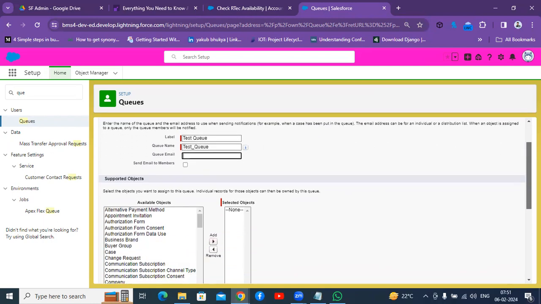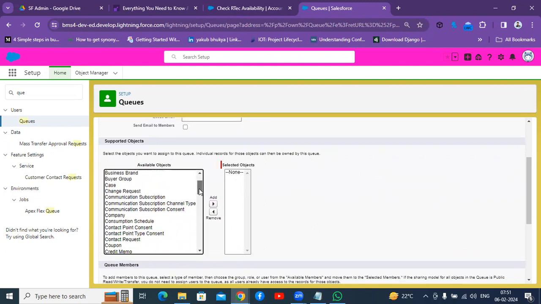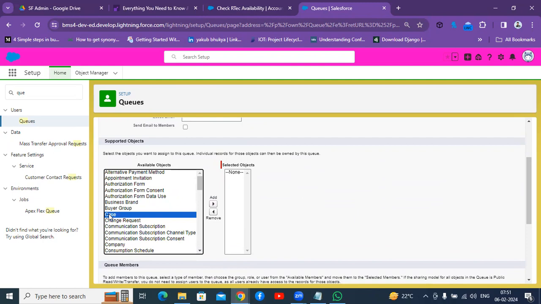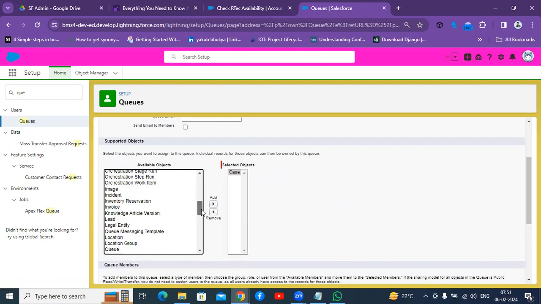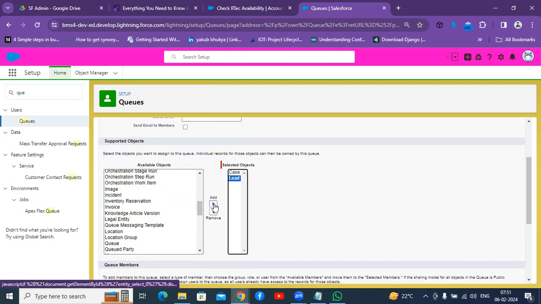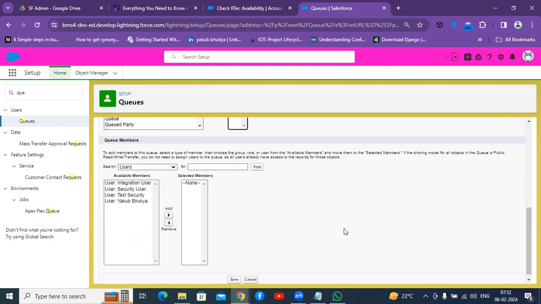The next thing, while creating a queue, you can see available objects. For the objects you want to provide ownership for, you can choose them. Let's suppose I'll go with the case object. How many objects do you want to add? You can add all those objects here. Lead object too. These two are more than enough for me as of now. And here you can see whom you can add to this queue as members.